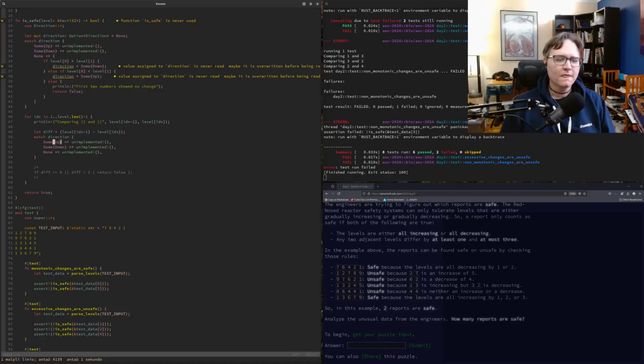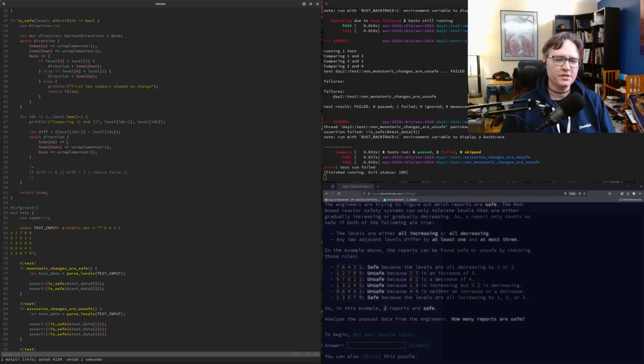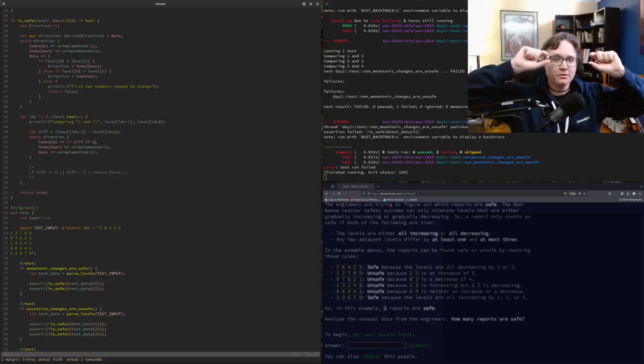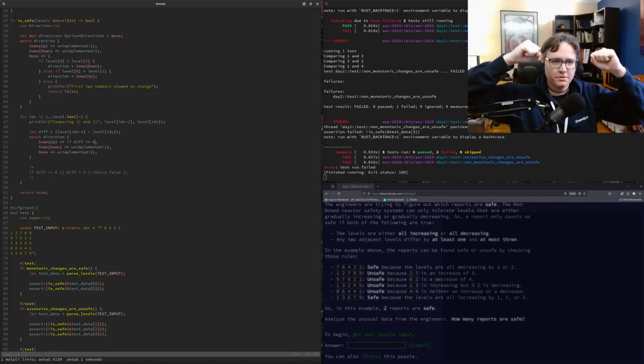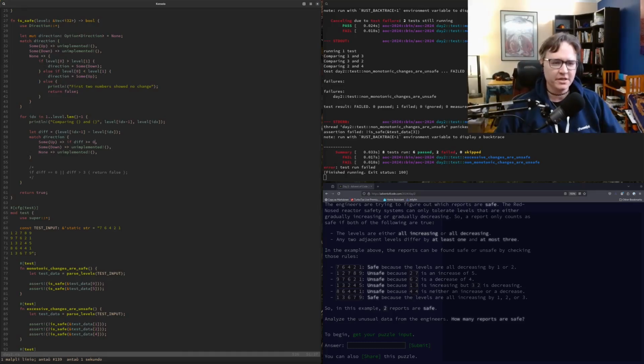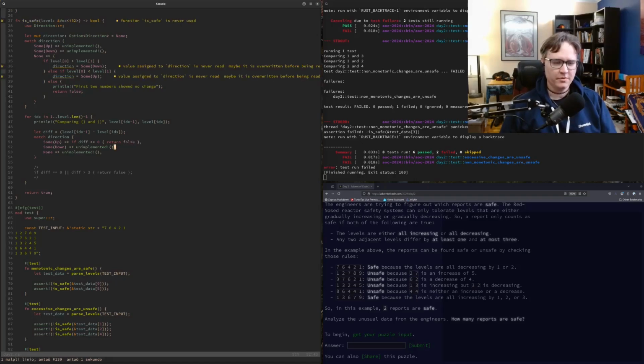Okay. If the direction is increasing and the diff is greater than or equal to 0, meaning we took the first element, we subtracted the second element, the difference must be negative, or we have to fail immediately. If it's decreasing,